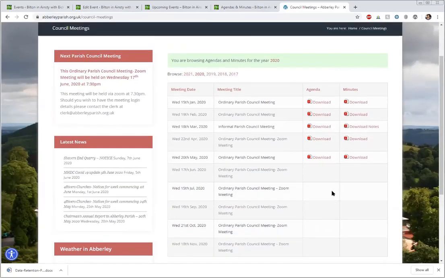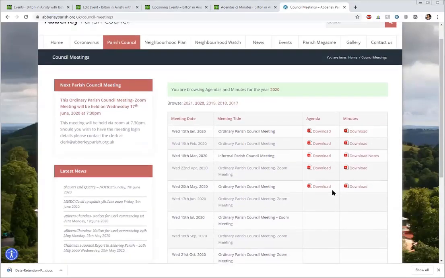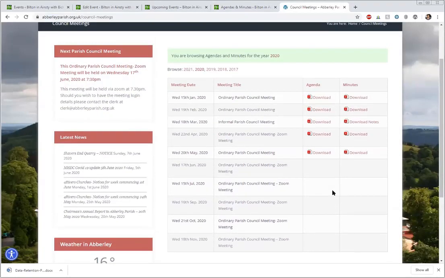Now, out of interest, would you know, do they open that to the public? Because I think they're supposed to be, but we decided that we would have a closed meeting and allow people to ask questions. They do, yeah. They are open to the public, and you contact the clerk for meeting details, Zoom meeting details. Okay. Some of them like putting all the details out there.